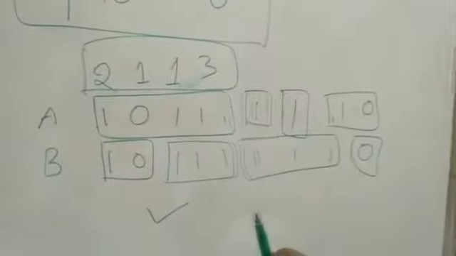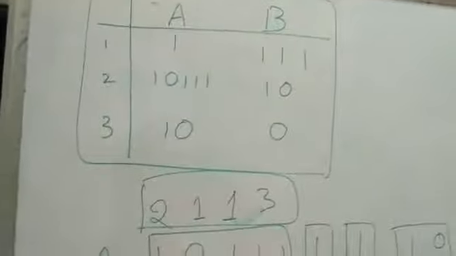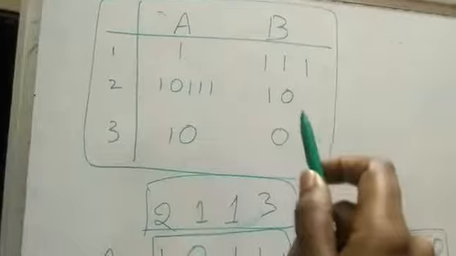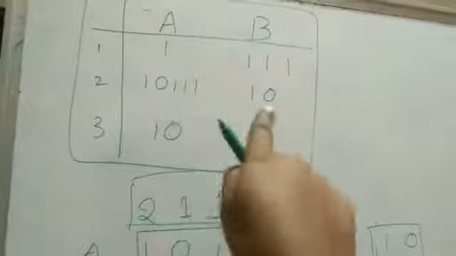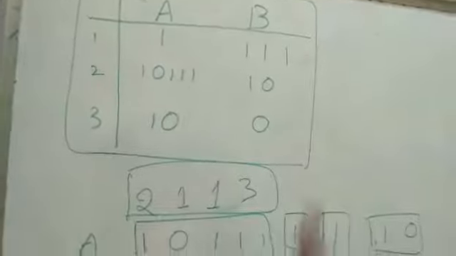Like this, the lengths of A and B should be matched. Here if you observe the rules, as many strings as there are in A, those many strings are there in B. And here the A strings and B strings are both defined over the same alphabet 0, 1. And one more thing, the length of each and every string need not be the same. Here it is 1 and here it is 3, here it is 5 and here it is 2, here it is 2 and it is 1. Length is 1 here, so it need not be the same. So like this we have to find a solution for PCP.